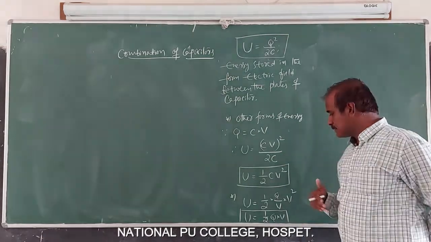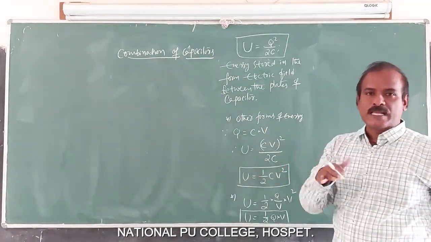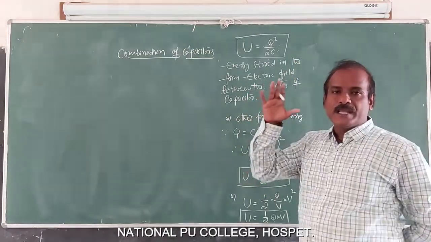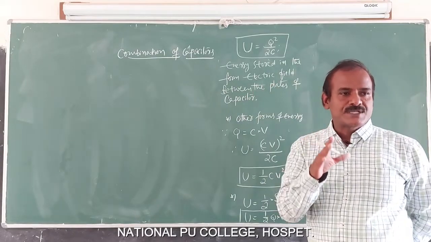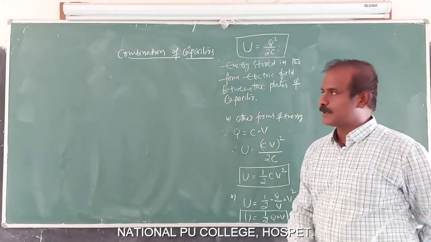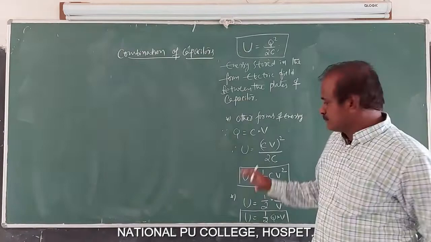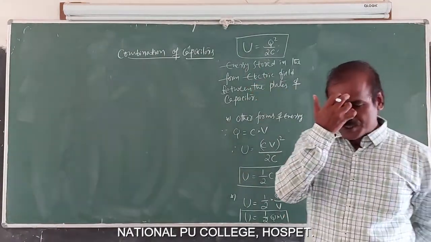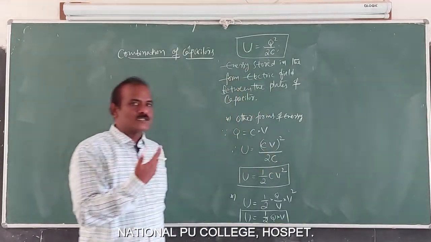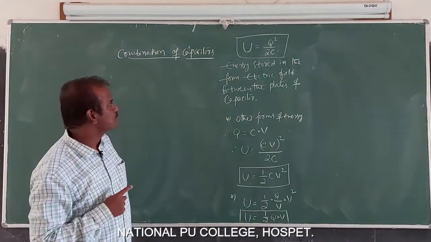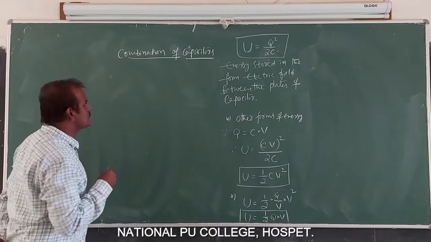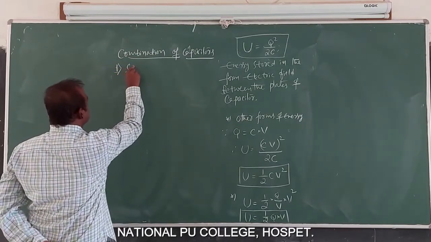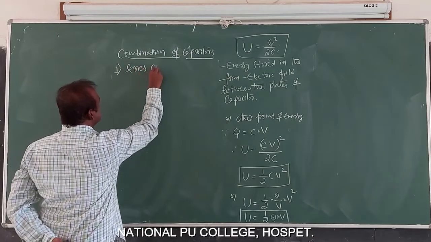And even the discussion made earlier on energy stored in a capacitor, remember the three formulas. So energy stored in a capacitor is generally a question for 5 marks. That 5 marks question we derived in today's class. Now we are also studying the combination of capacitors, which can be for 3 marks generally. Combination of capacitors, mainly 2 combinations. First we go with the series combination.